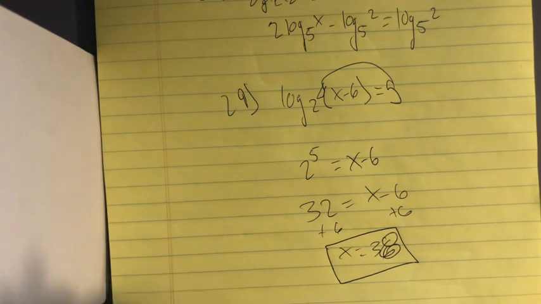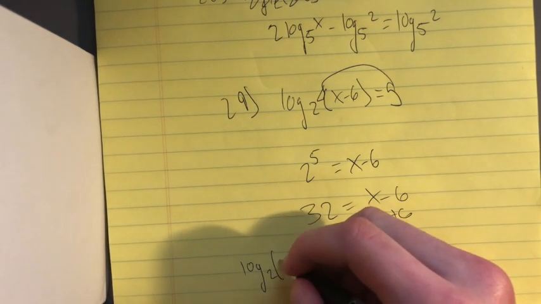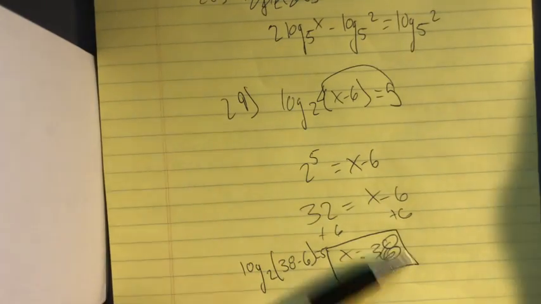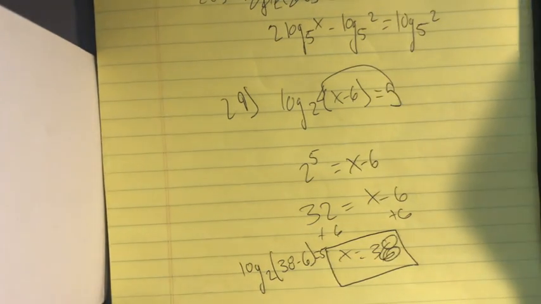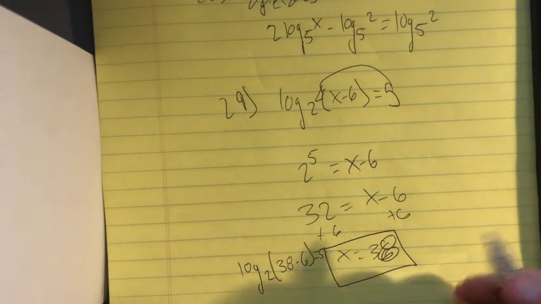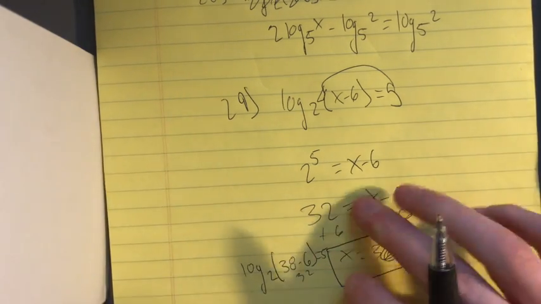So, oh wait, we gotta plug it back in to make sure it works. So we got log base 2 of 38 minus 6 equals 5. We'll plug that into the calculator to make sure it works. No, we can't plug that into the calculator. Yeah, it'd be 32, so it'd work. It works. It's not extraneous. Okay, so